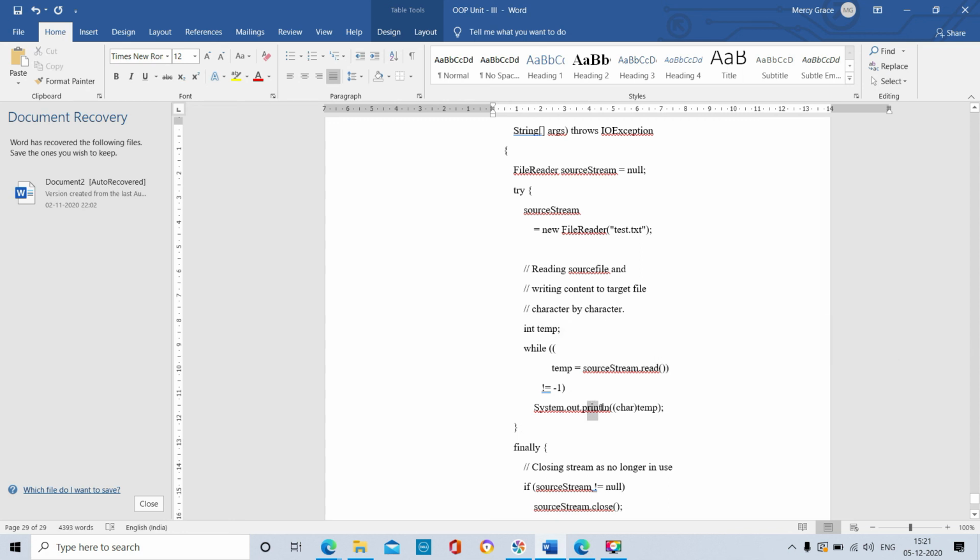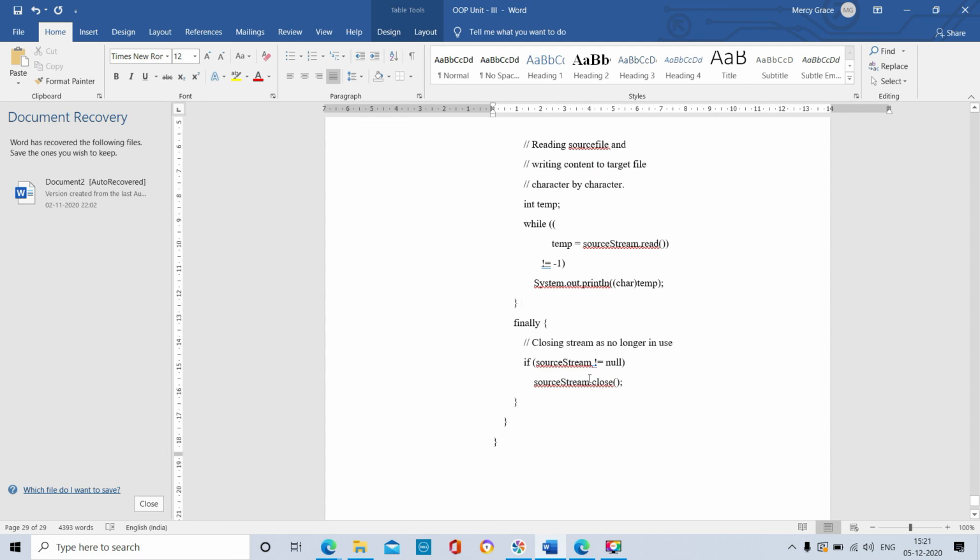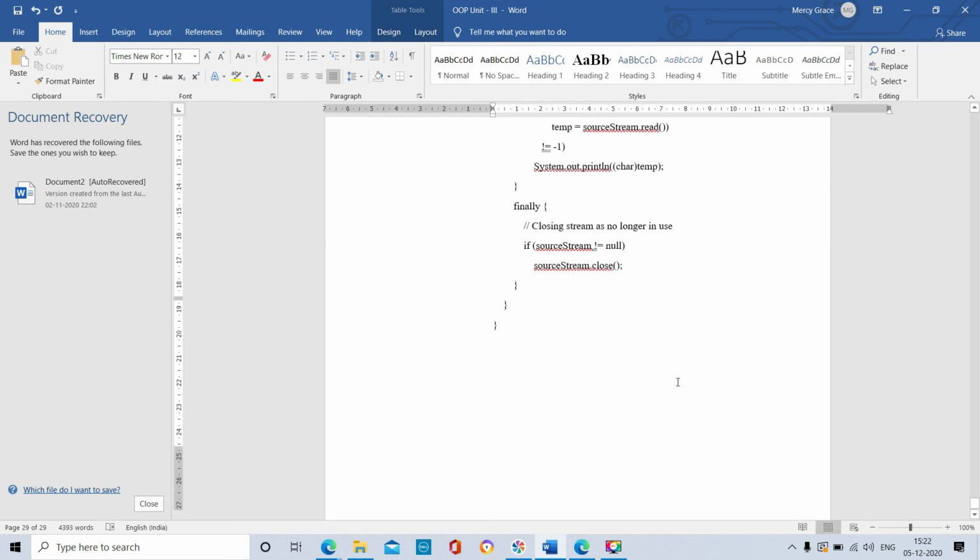Using the println method, we print the characters present inside temp. Next, we close the stream by using sourceStream.close. By using the close method, we close the source stream file. Okay, thank you, students.